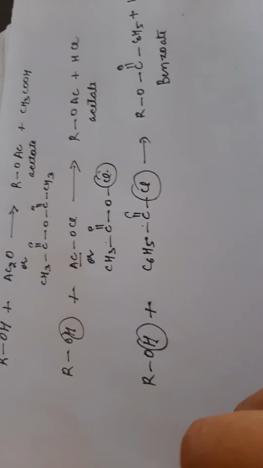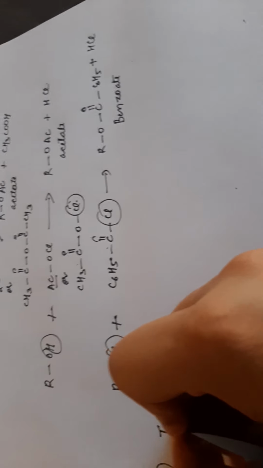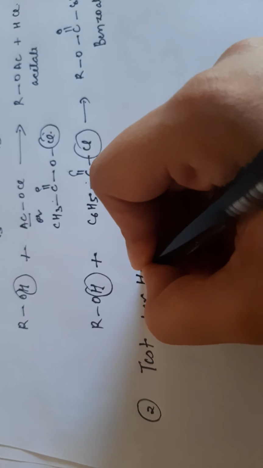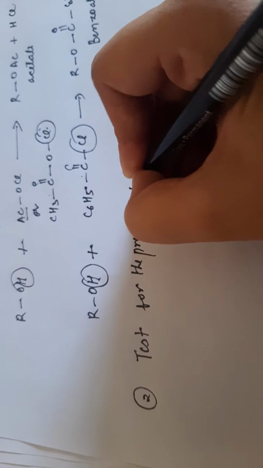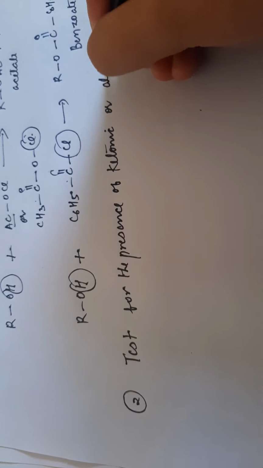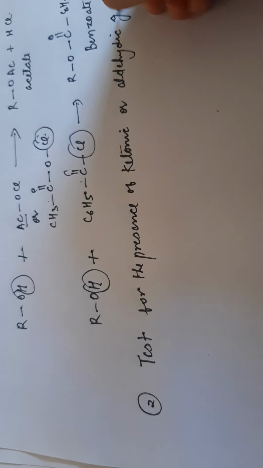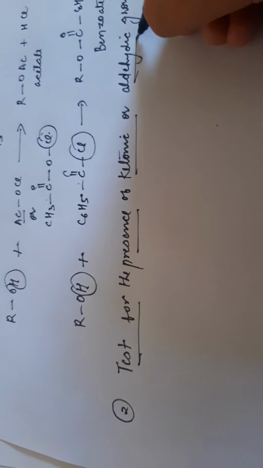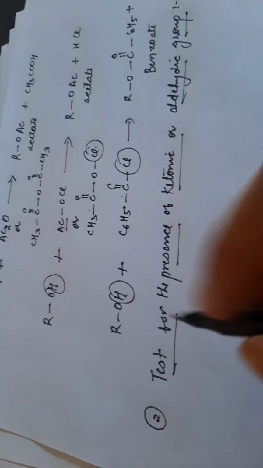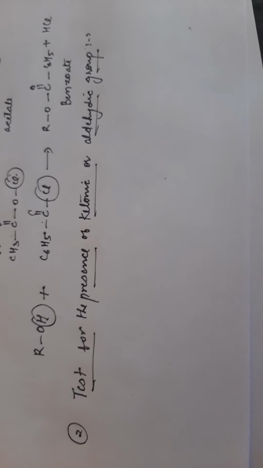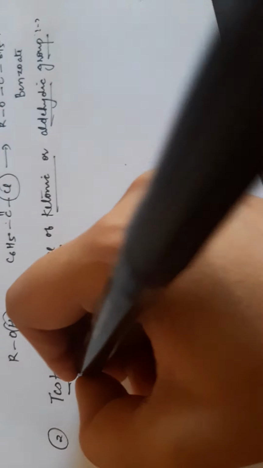So secondly, we will test for the presence of ketonic or aldehydic group, because we know that oxygen can also be present as a ketone or aldehyde. Now how do we get to know that the oxygen present in our terpenoid is as a ketonic group or aldehydic group? This can be ascertained by